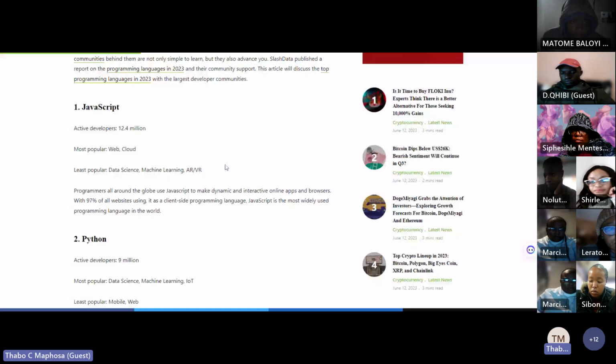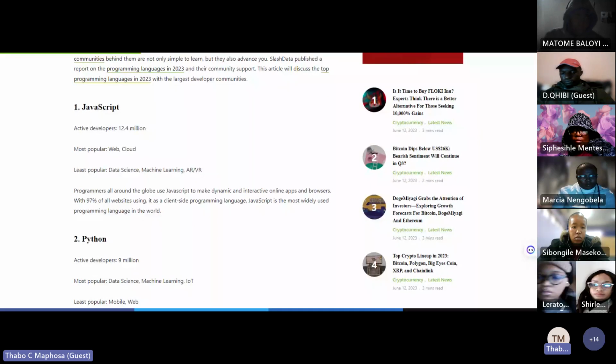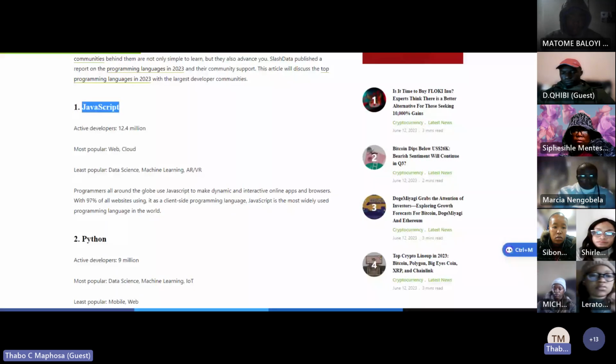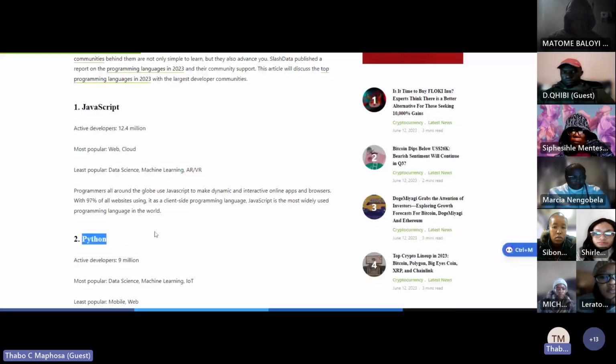If you check here, these are the top 10 programming languages in the world right now. The first language that comes up is JavaScript. The second is Python. JavaScript is most popular for web and cloud, which means most programmers around the world that make websites, web apps and cloud apps use JavaScript the most, in terms of web development.